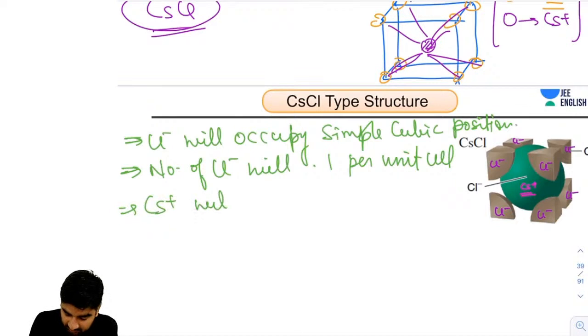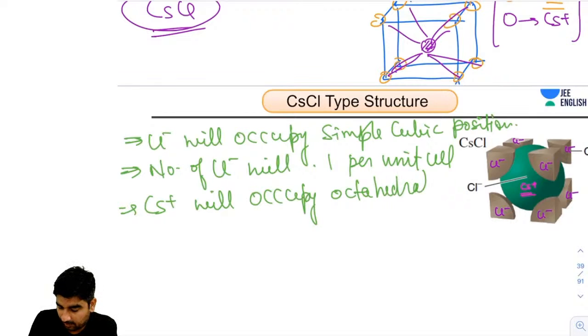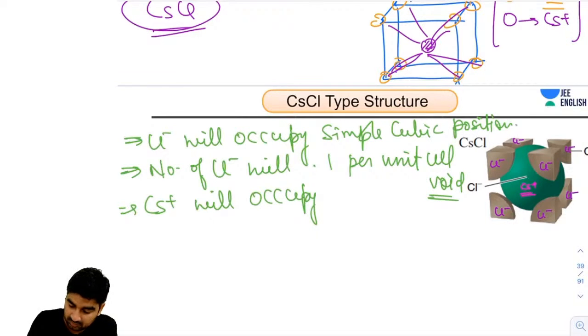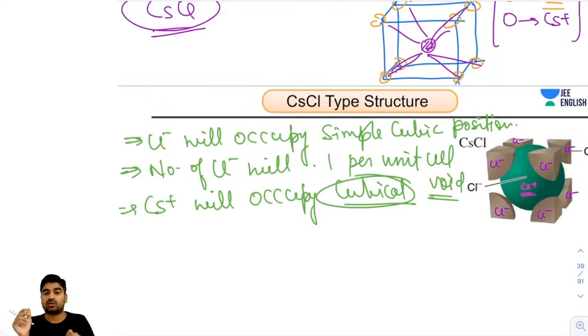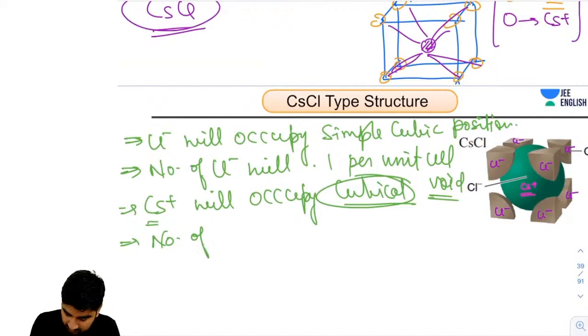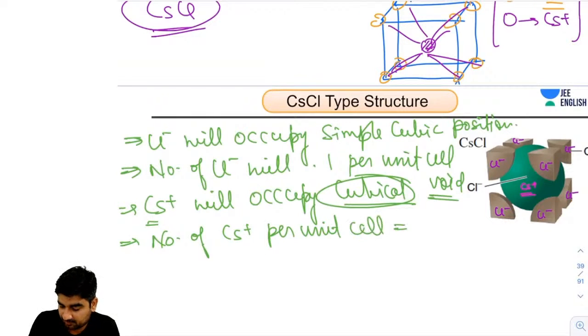Now cesium will occupy octahedral void. Not octahedral, sorry, cubical. Why? Because the cubical void, I told you in the previous class, is formed in simple cubic. So cesium is occupying this. So how many cesium atoms will be there in 1 unit cell? Tell me. So the number of cesium plus per unit cell will be